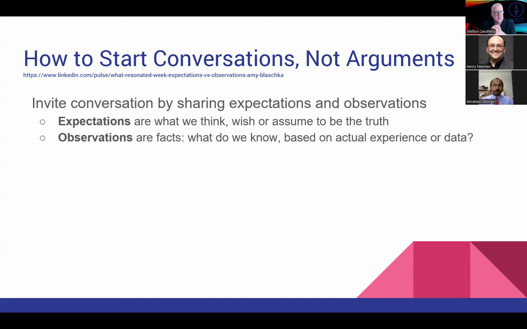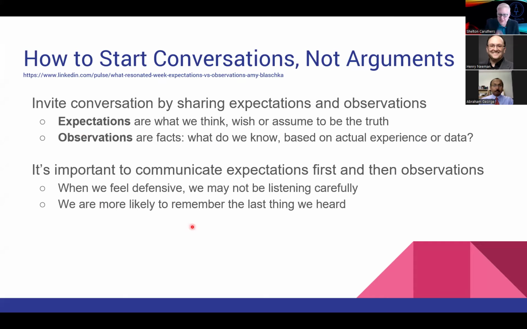Those are expectations. Observations, on the other hand, are just that. They're the facts that we observe, what we know to have happened. It's based on actual experience, actual data. It's not what we hope will happen. It's not what we expect to happen next based on what's already happened. It is what has actually happened. So, what's the actual fact of the situation as we stand now? It might be a policeman: I observe you driving 70 miles an hour in a 55 zone. I expected you to be following the rule of 55.